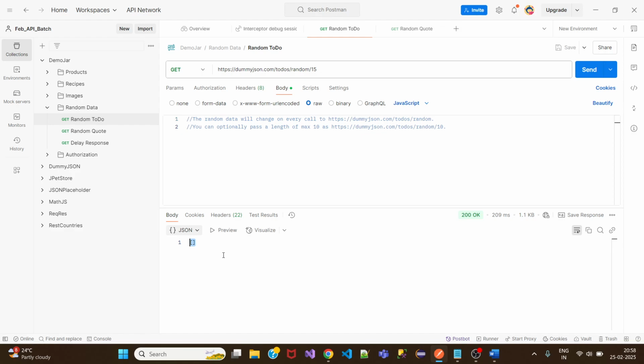I think the ones who are working on automation might understand what an empty array is, but I haven't talked about this yet. I'll be talking about the empty array when it comes to automation, when we talk about API automation. So actually, as there are no 15 records, that is the reason it's not able to render that